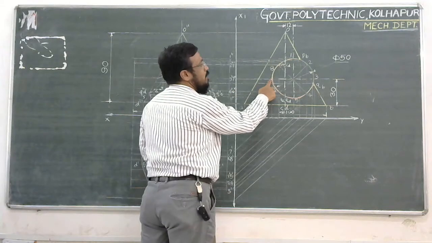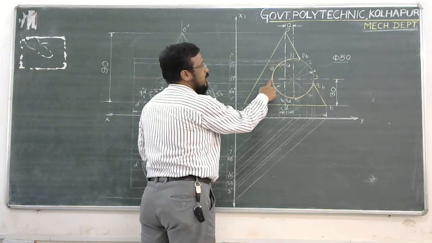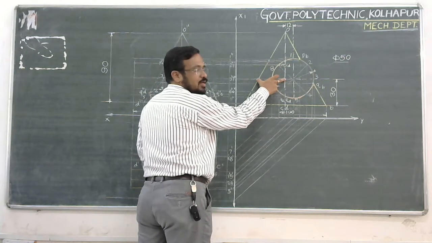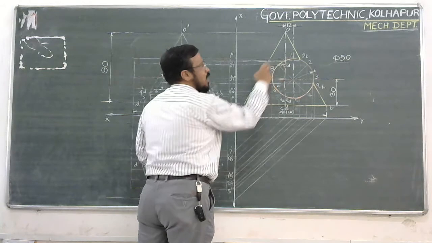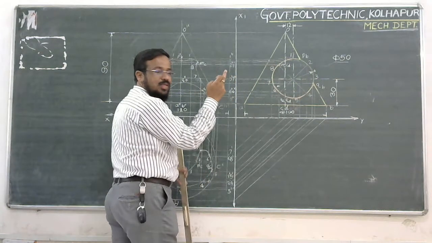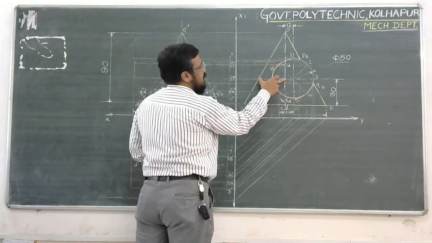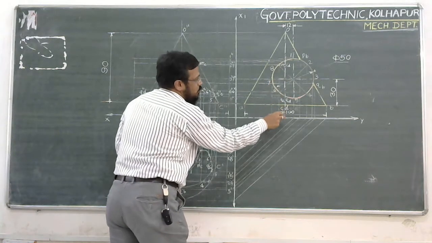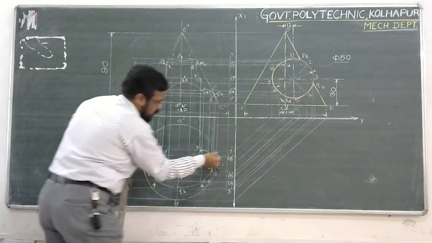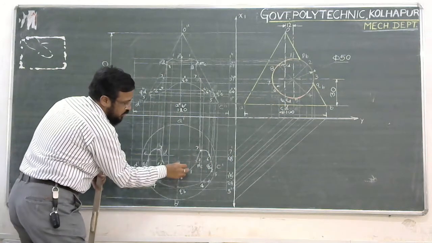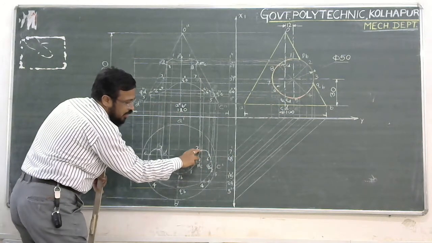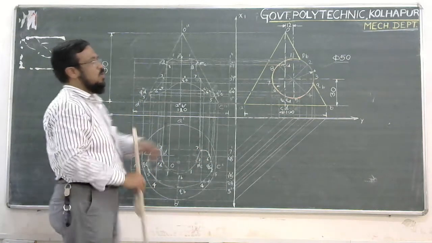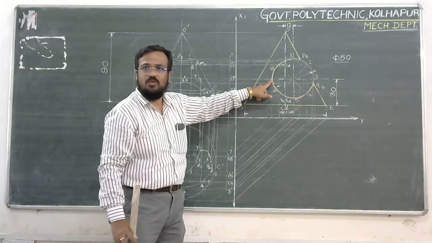Similarly, for point number 7, consider the distance between the axis of the cone and this end generator. Don't think about other divisions of the circle, only this axis-to-end-generator distance. You have to plot this distance on point number 7 projected backward. This is the projector 7 backwards. With center O and that radius, cut it here on this 7 line. So we get 7 and 7 dash over here. This is the procedure for point number 7.